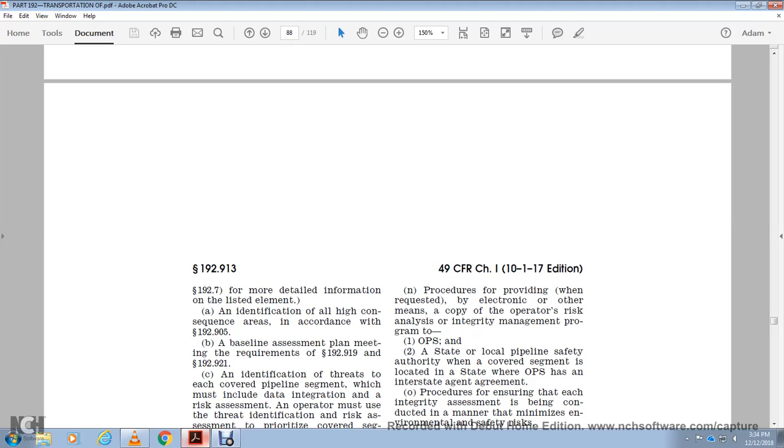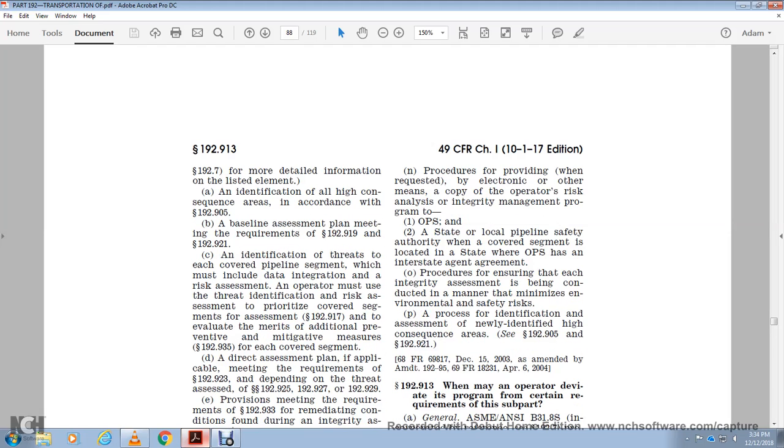Identification of all high consequence areas according to 192.905, as the baseline step, meeting the requirements of 192.919 and 192.921. Identification of the threats to each covered pipeline segment, which must include data integration and risk assessment. The operator must use the threat identification and risk assessment to prioritize covered segments for assessment, 192.917, and to evaluate the measures for additional preventive and mitigative measures, 192.935, for each segment. A direct assessment plan, if applicable, to meet the requirements of 192.923, depending on the threat assessment,